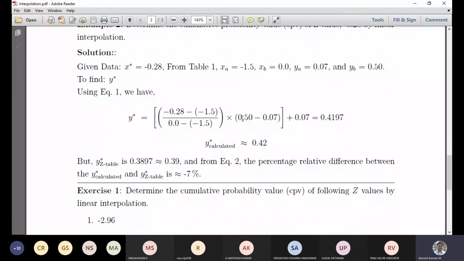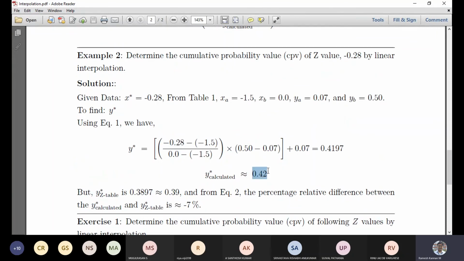In the same way you calculate it with the formula. In this case we get 0.42, which is about 7% different from the actual value, 0.3897 or 0.39. So it's very negligible in terms of percentage. That's how you calculate